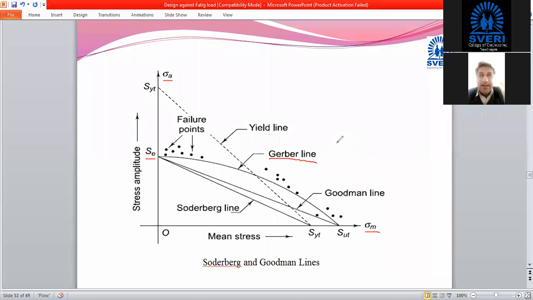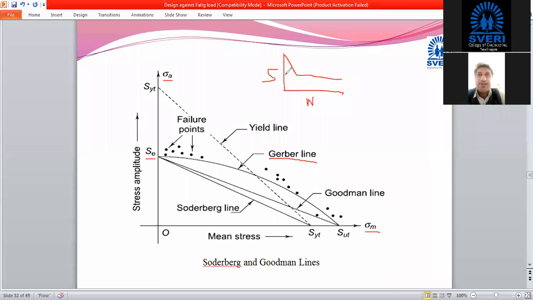That is decided by the designer, whether the component should work for an infinite number of cycles or a definite number of cycles. If you consider a definite number of cycles, you are not bothering about the endurance limit, but in the calculation the endurance limit will be considered. For that you take the SN curve, that is the endurance limit versus number of cycles curve, and the SN curve has a universal nature.